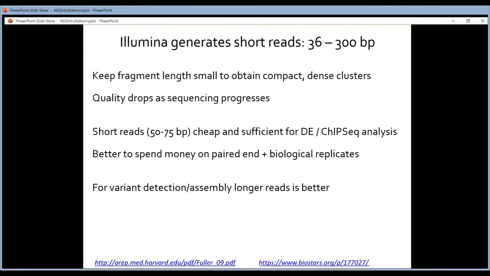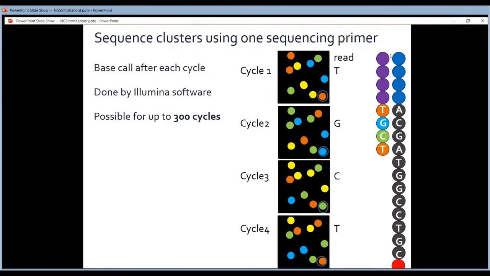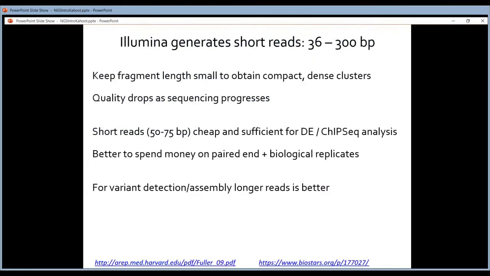Why do you generate such small reads from these fragments? Because your fragments are longer than your reads. Typically, you don't sequence the full fragment length, but just a part of your fragment. So why short reads? Well, because the longer you sequence, the more the quality drops for the entire sequencing, for all the clusters.